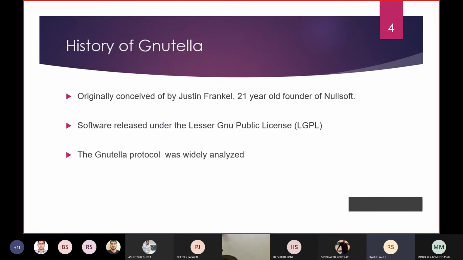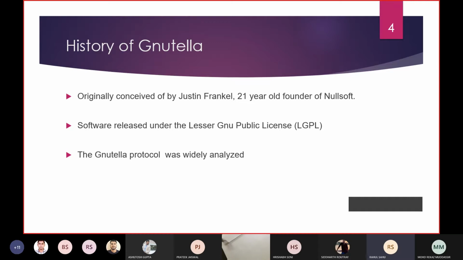So, history of Gnutella. Gnutella was conceived by Justin Frankel. Justin Frankel was 21 years old and is the founder of Nullsoft. Nullsoft is a very popular American software house that made a lot of media players and applications related to media.